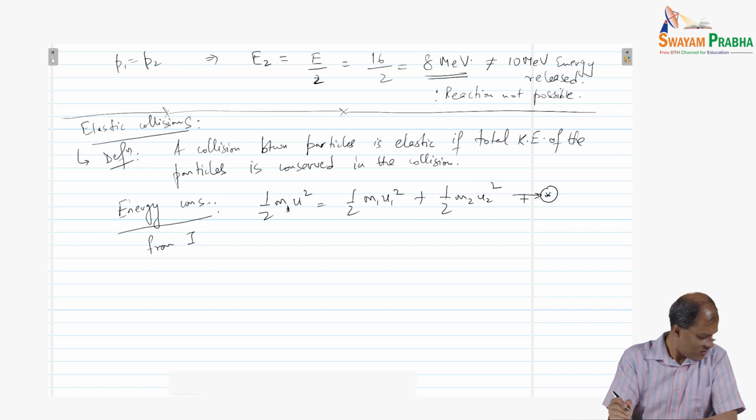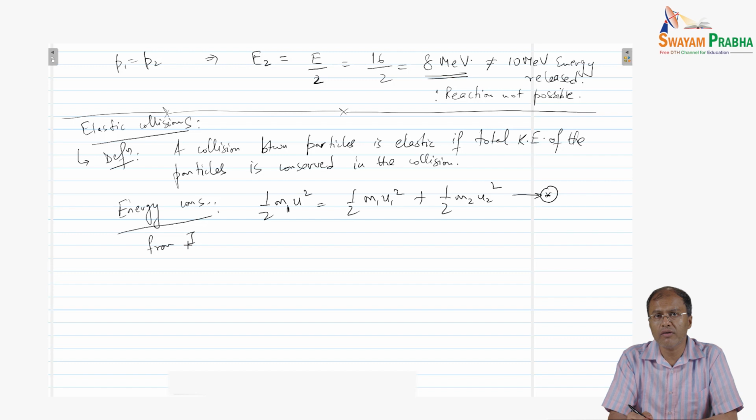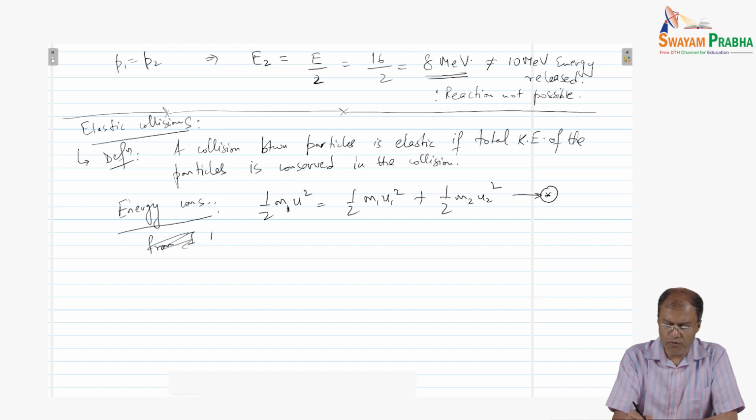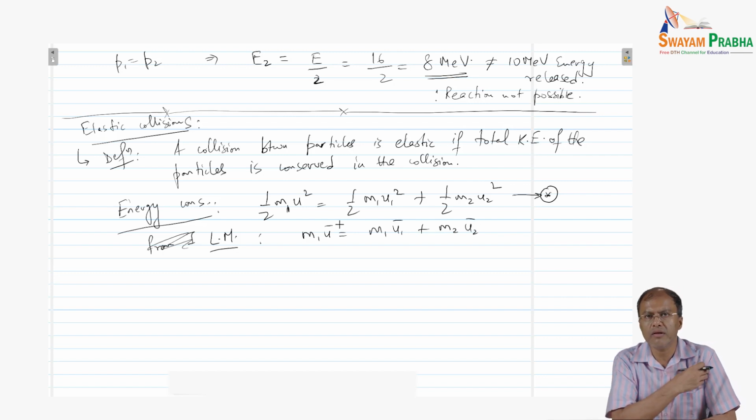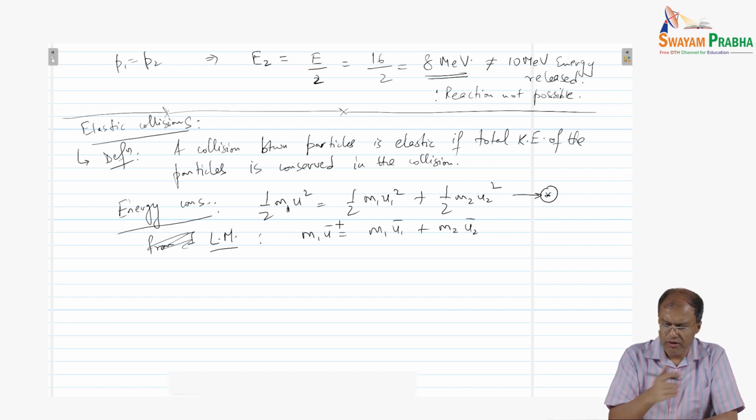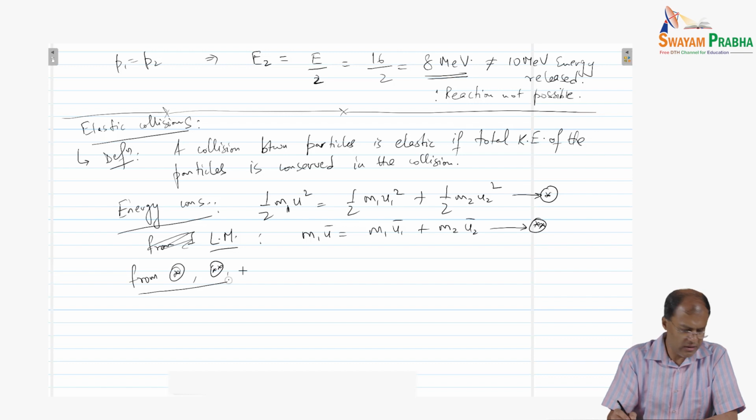Since these are collisions, we also have the conservation of linear momentum, right? So from the linear momentum conservation, we already have written that m1 u must be equal to m1 u1 plus m2 u2. So remember, the linear momentum conservation is a vector equation, while the energy conservation is a scalar equation, right? Scalar identity. So let me call this double star. So from star and double star,